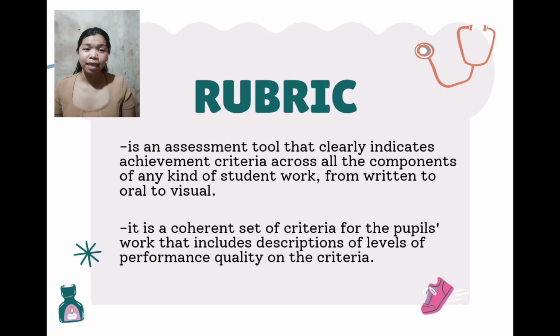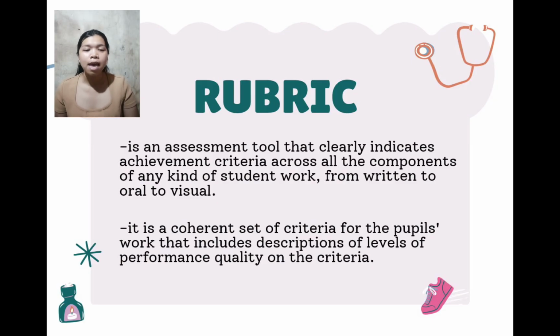What is a rubric? A rubric is an assessment tool that clearly indicates achievement criteria across all components of any kind of student's work, from written to oral to visual. It is a coherent set of criteria for pupils' work that includes descriptions of levels of performance quality on the criteria. It is a tool that is used not only in PE and health but also in any subject. It is the best tool to use to make sure the teacher has the basis of grading the student's output